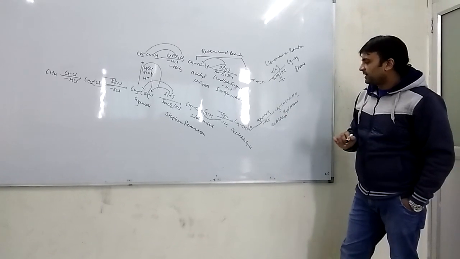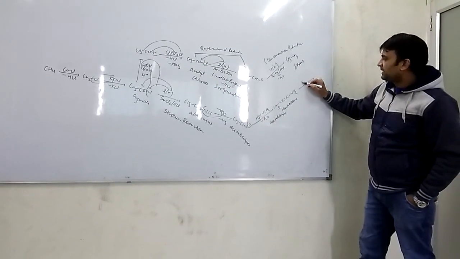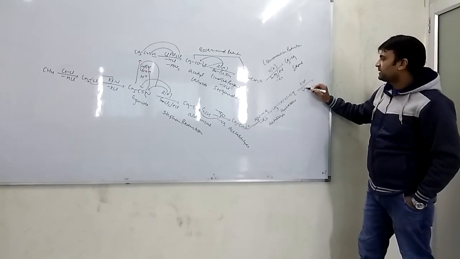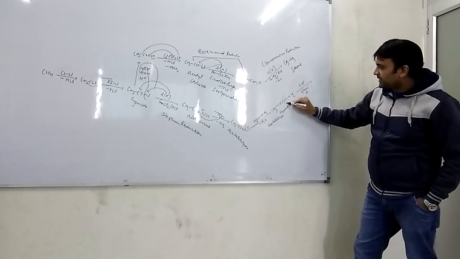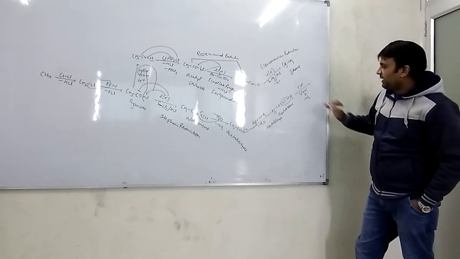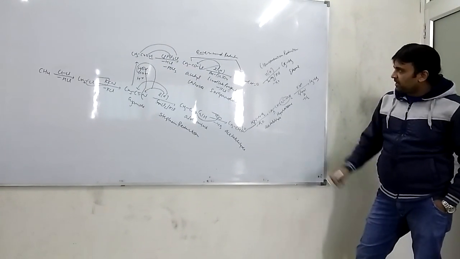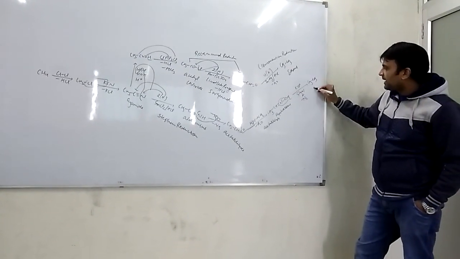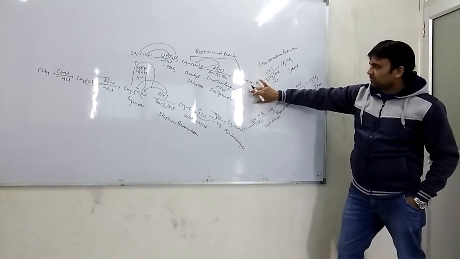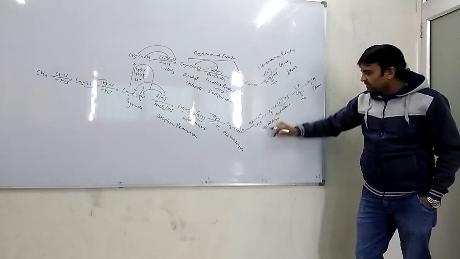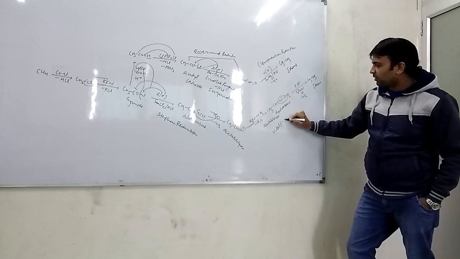By the reaction with hydrazine, that is loss of water molecule, if this hydrazone is heated in presence of KOH and glycol, then it will release nitrogen in this way. If nitrogen is released, it is converted into CH3CH3. You can see this is ethane as well as this is ethane. This is Clemmensen reduction, conversion of aldehyde into alkane. This is Wolff-Kishner reduction. This is Clemmensen and this is Wolff-Kishner.